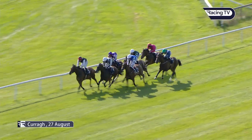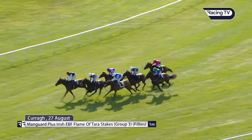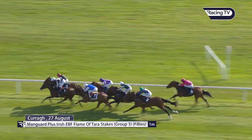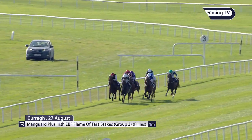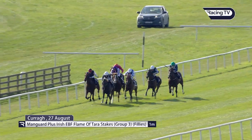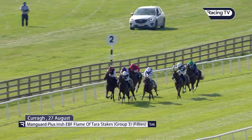She shaped really well on debut at Naas, looked quite green on that occasion. Albula, who won that race, reopposed in this Group 3 at the Curragh, and Albula might have just done a little bit too much too soon, taking it up quite early, and was there to be shot at. But that said, Tom, Magical Lagoon had to chase her down, and she was a very good winner at the line. What an August and September for Jessica